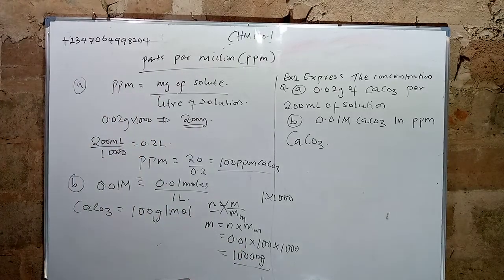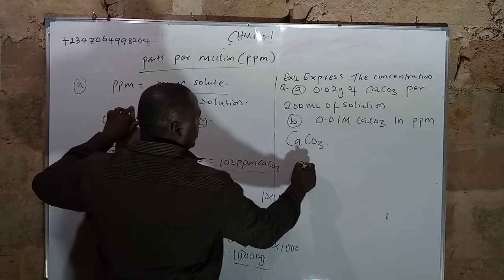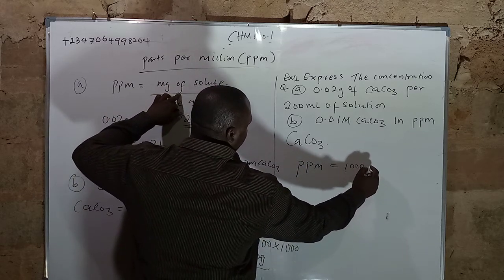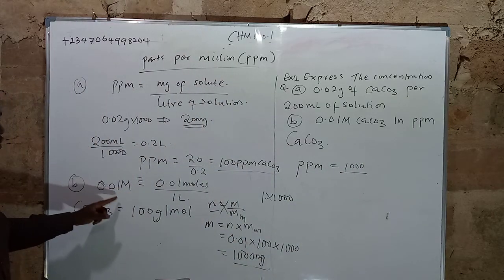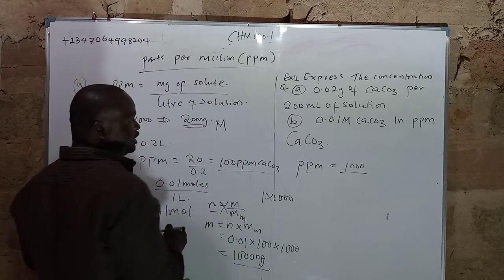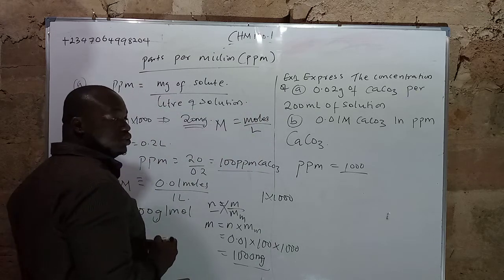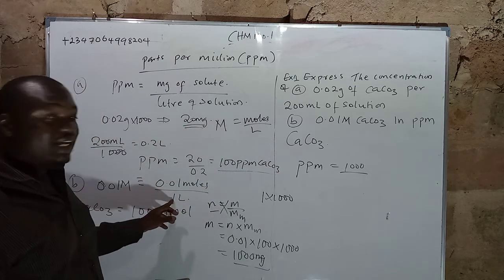Now, if you got the 1000 milligrams, the next thing we have to do is get the liters. So putting it into this formula, ppm, which is the milligrams, we calculated it to be 1000, all over the liter. Look at here. For molarity, I told you this capital M is represented as molarity, that is moles all over liters of solution. So from here, that is how I got my moles to 0.01. That means my liter is 1.